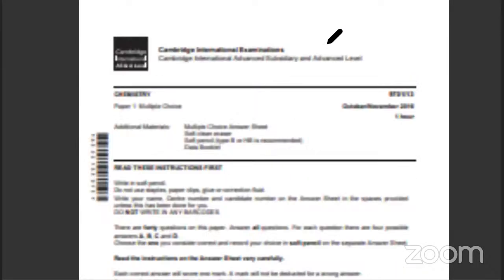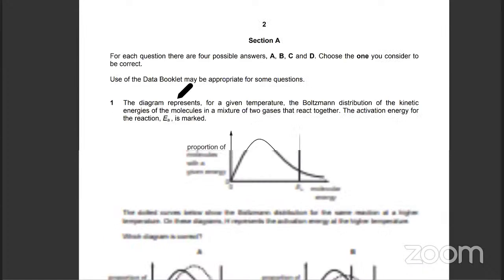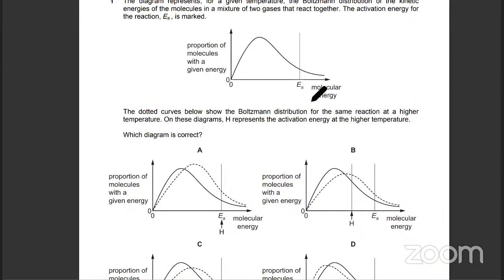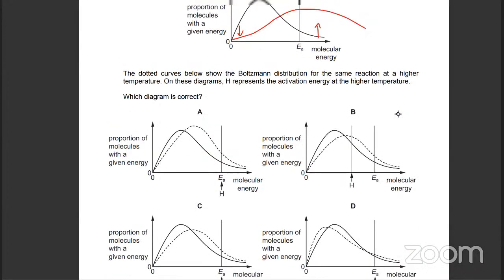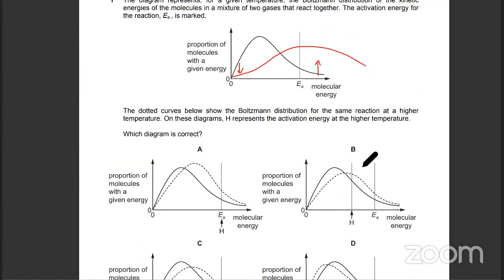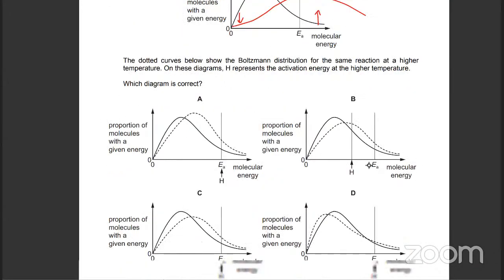We start with 1. First one is about the Boltzmann distribution. That's a Boltzmann distribution. So he's saying, show the same reaction at a higher temperature. What happens at a higher temperature? At higher energy the number of particles increases, and at lower energy the number of particles decreases, and the curve becomes flatter. It becomes a lot flatter. So the dotted line, I think it's probably